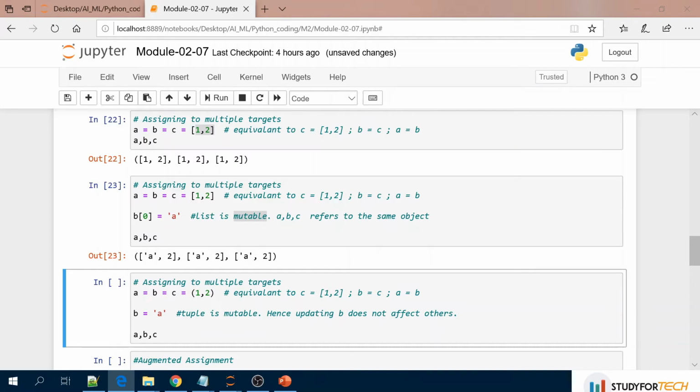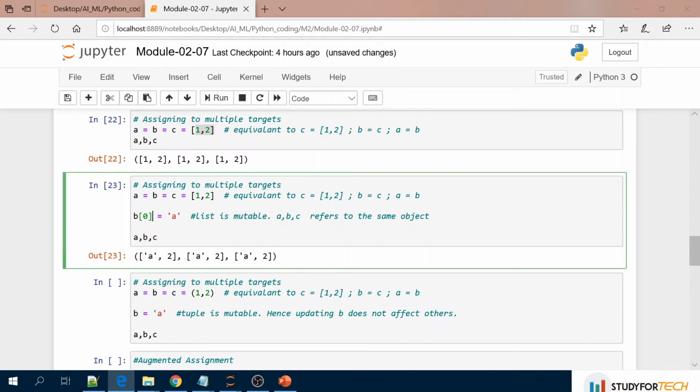So you can see here, A, B, C all three are pointing to the same memory location. And when you change the value using any of the identifiers, B0, the 0th index, with A, the 1 has been replaced with A, and if you print A, B, C, since all are pointing to the same memory location, it has changed for all.